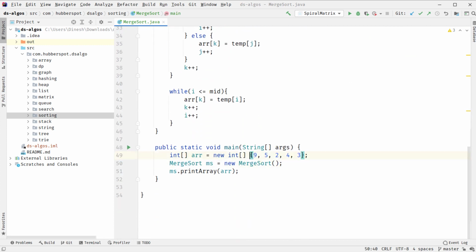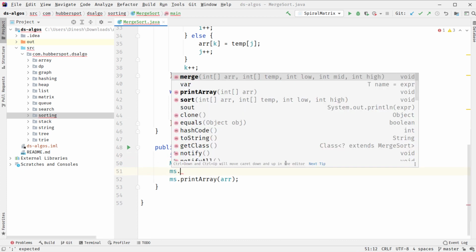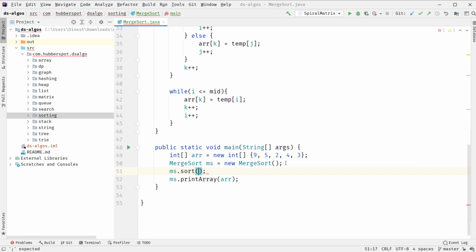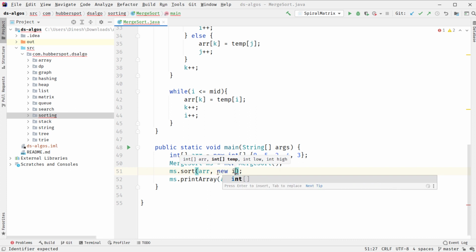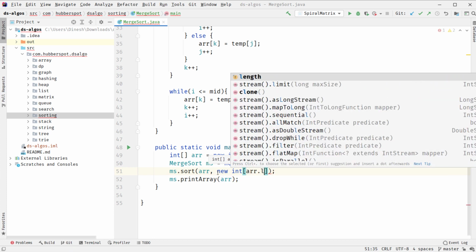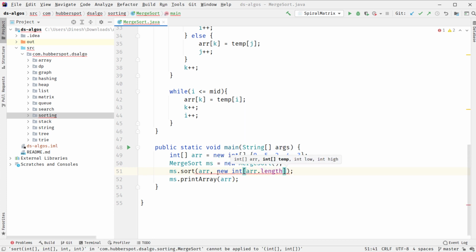Here we have created this array 9, 5, 2, 4, 3. Here we will call the sort method. We'll pass the array which is our original array, and we need to pass a temporary array of the same length as our original array, so we'll do new int array.length.